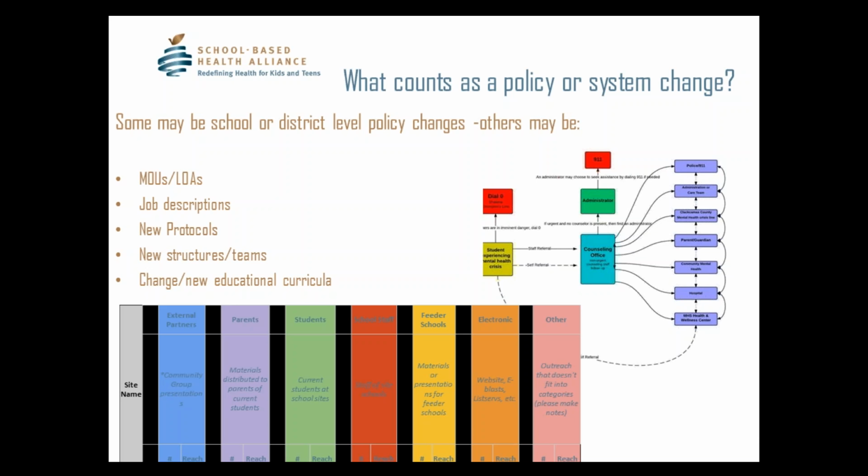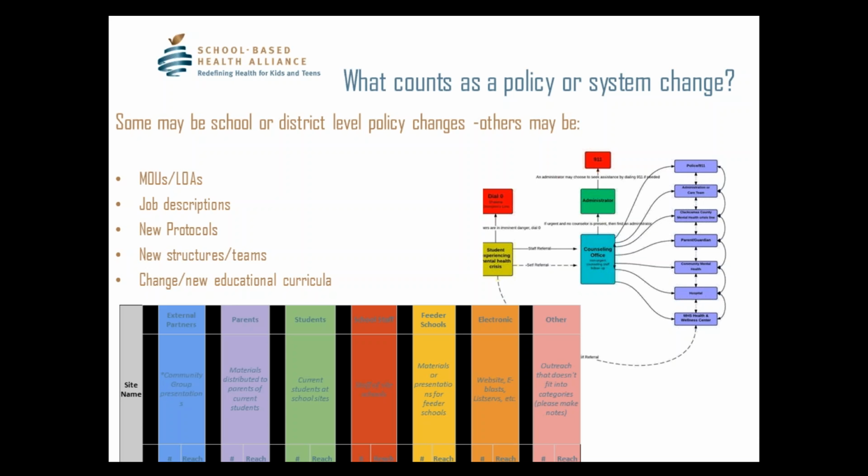Do you have them with the school? How about with the district? What about with your community partners? How about with other student support services? What about with parent groups? Providing any of these would be a great example of a policy or system change that your Hallways to Health site has worked on. What about job descriptions? I know that many of you have school liaisons, whether that's a principal or a vice principal, whether it's a teacher liaison, whether it's just a job description for you as a health educator and your role in the school. So that also counts as a policy or system change.